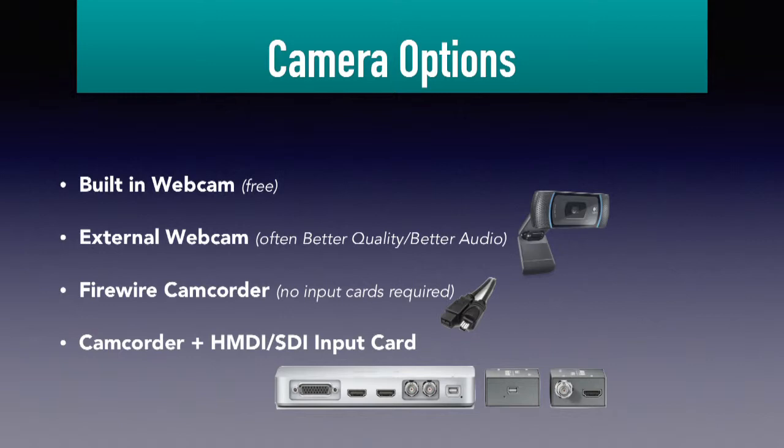If you've got an older camcorder that has a DV port, you can actually hook it up via FireWire, and that can be a good option if you have a camcorder kicking around that has FireWire that's not getting other use. It's not necessarily going to be HD, but it'll be a nice signal. Maybe it's a 3-chip camera that you can hook up. It'll do better in low light. And it'll feed in through the FireWire port, and again, that has the added benefit of including the audio as